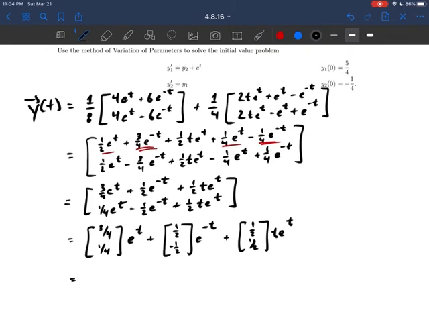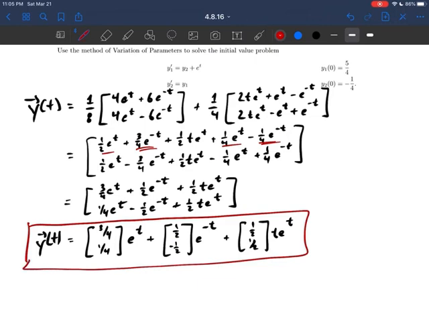And one last simplification here is, well, no, we're just going to leave it like that. That's just fine. All right, so let's call that a day. That's our solution. Y of t equals this thing,